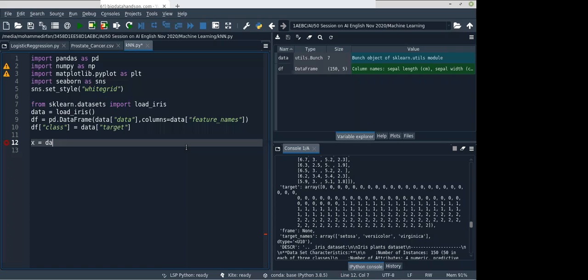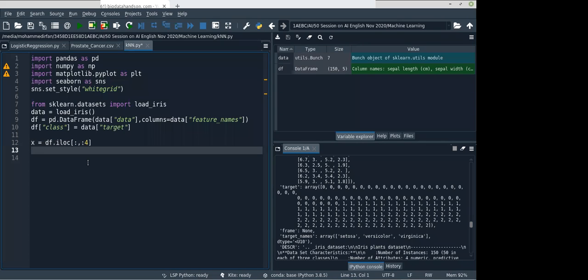So we will take the data frame, and in the data frame the first four columns are the independent variables. So we can pick the columns by the index location, and we want all the rows. The columns are up to the fourth index, right? So we need to give 4. So it will pick until 3, that is 0 1 2 3. It will not pick 4 because we know that the upper bound is excluded. If you don't give the starting value, by default it will take 0.